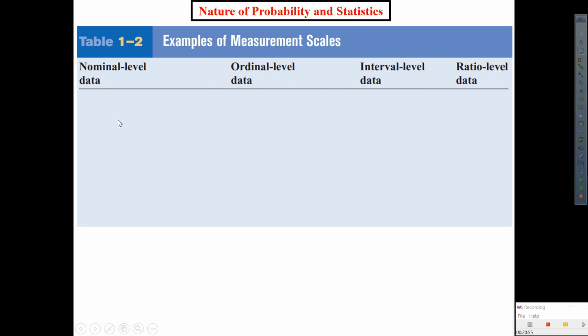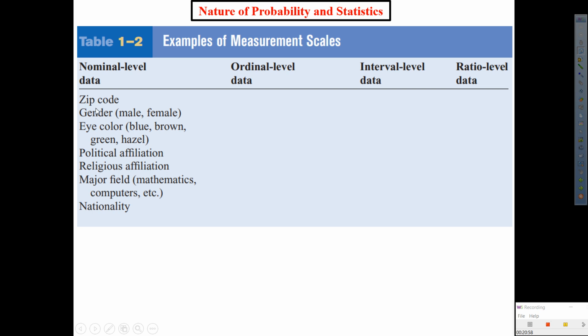Nominal level data can be classified like this. What if I ask for zip codes of all your contacts, like all your family, friends, acquaintances? Some live in San Diego, some live in LA, Riverside. So there's different zip codes. So here in the valley, let's say here in Imperial 92251, San Diego 92021, Hollywood 90210, East LA